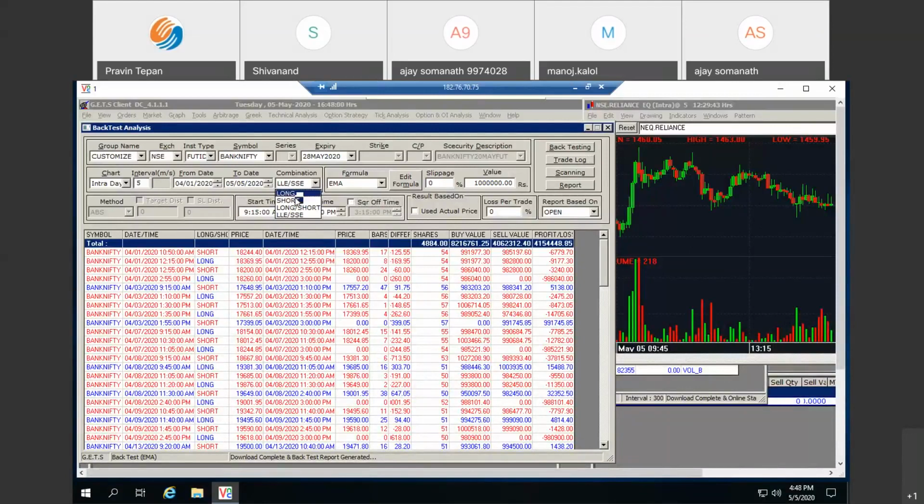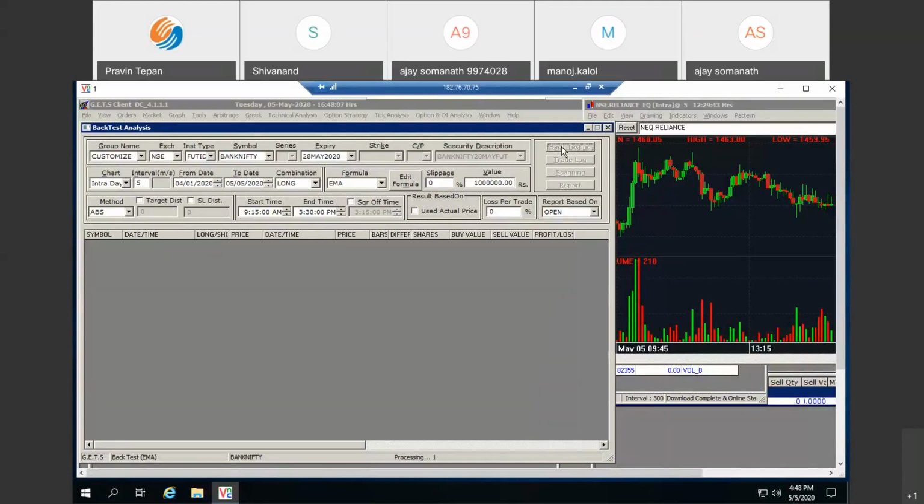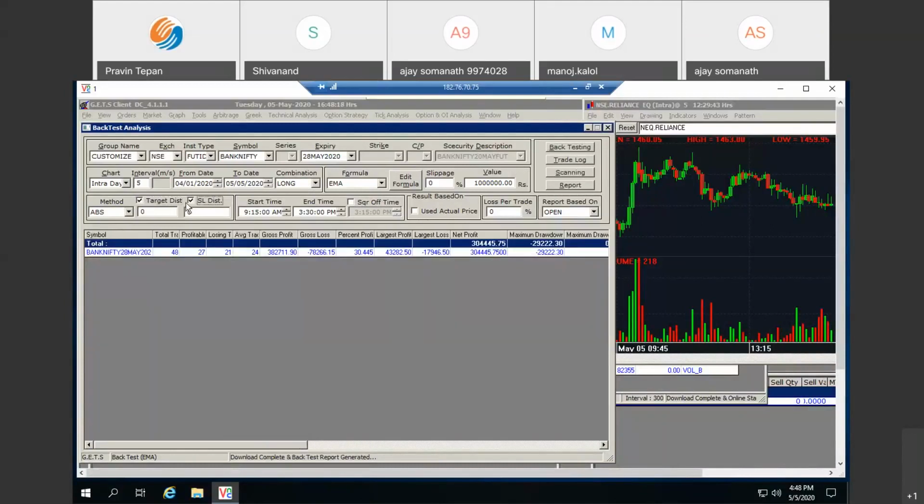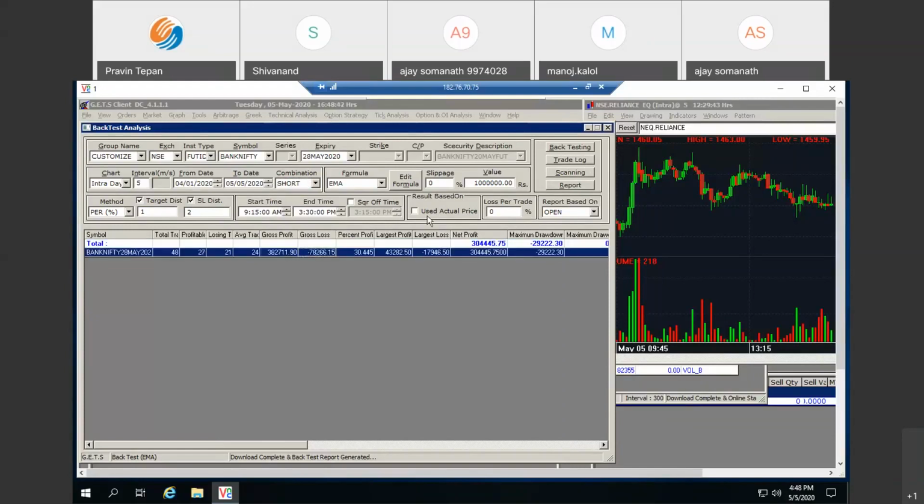So suppose I want the long of the backtest. So I'll be backtesting on long. So let's look at the single also. Since I have selected long and short, we have two more options here: target and stop loss. You can give these also in absolute or in percentage. So if you want to backtest by directly giving, like target is 1% and stop loss is 2%, like this also you can backtest, but it will be applicable on either long or short. So this is only for the long backtest.